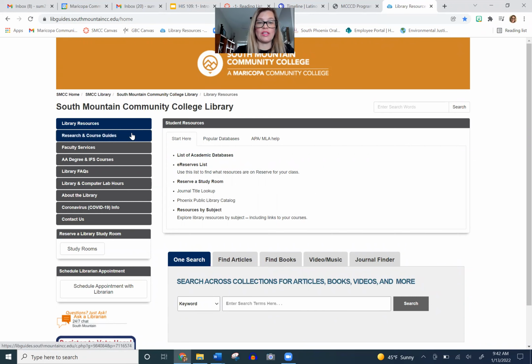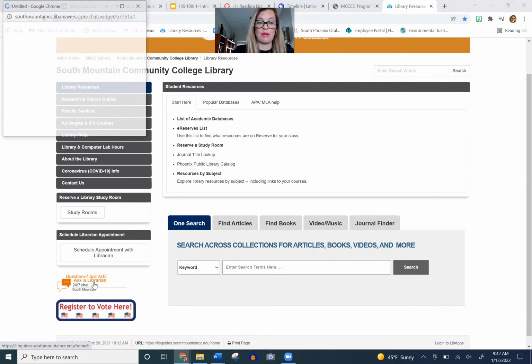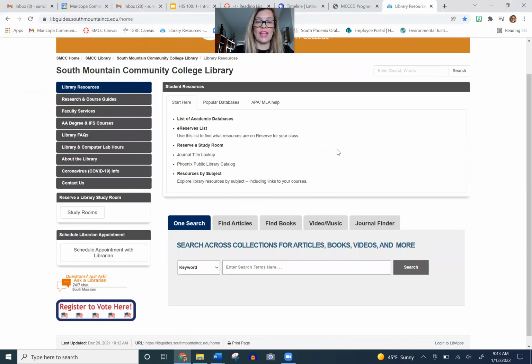There's a couple things for you to consider. The very first thing I want to point out to you is right here on the bottom left corner where it says questions, just ask a librarian. This feature will be incredibly useful to you because it's a 24/7 chat where you can talk to a librarian if you cannot find a source. They will be more helpful than me. If you want to get a source and you can't find it, a link is broken or something's not working, the librarian's going to be more helpful because they're available 24 hours a day. I'm not. So this way you can resolve it at 11:30 at night when your assignment is due at midnight. Okay, so let's